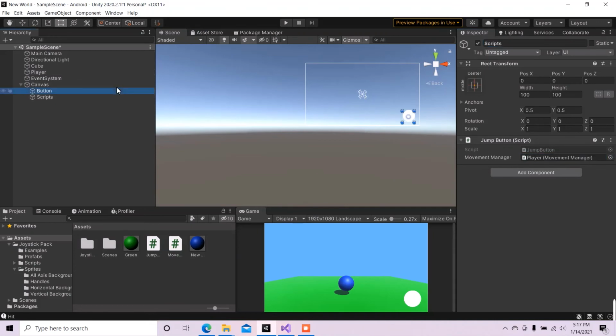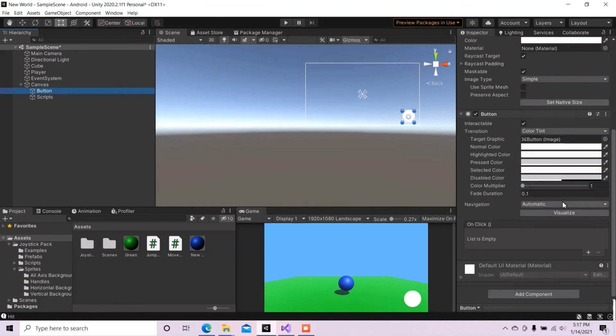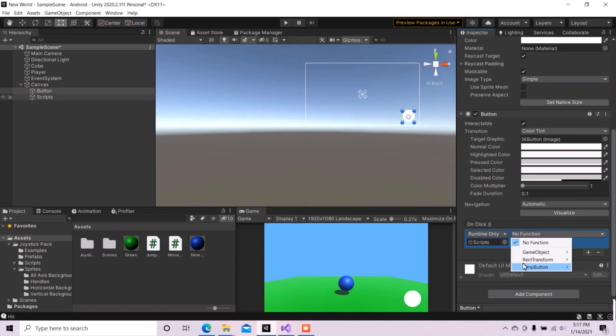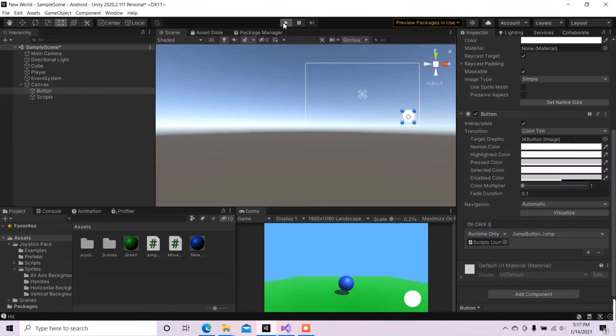And now we're going to go over to our button and we're going to scroll down to this on click entry area here. We're going to hit the plus button, and again we are going to drag scripts. We're going to put it in this field, and where it says no function, you guys want to click that and find the name of our script, which is jump button, and set up the jump void. And that is literally it, guys. So if we now hit play,